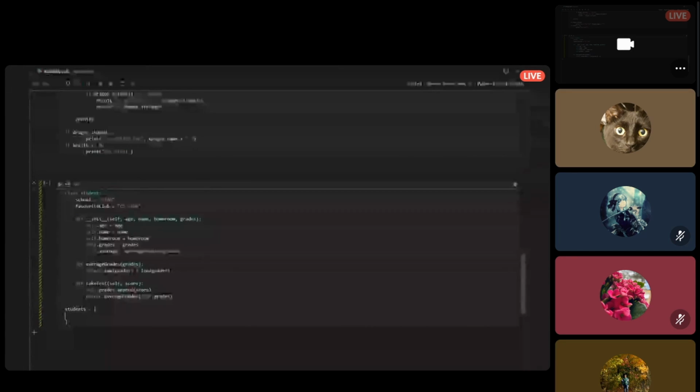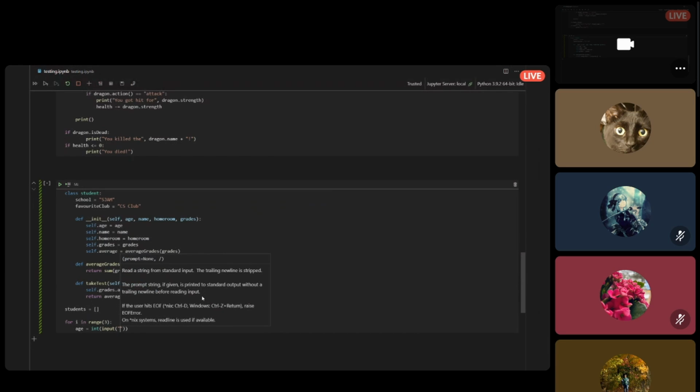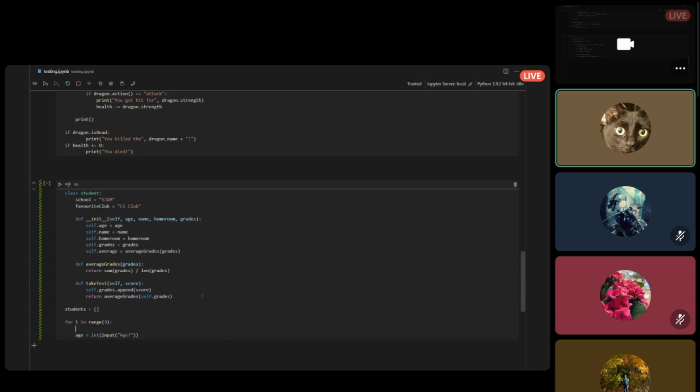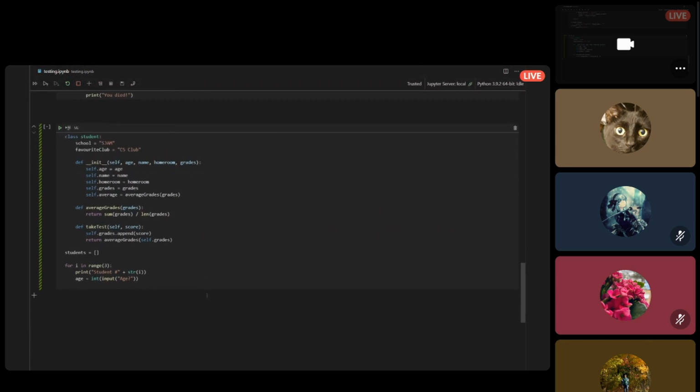Make an array of students. And then for age equals